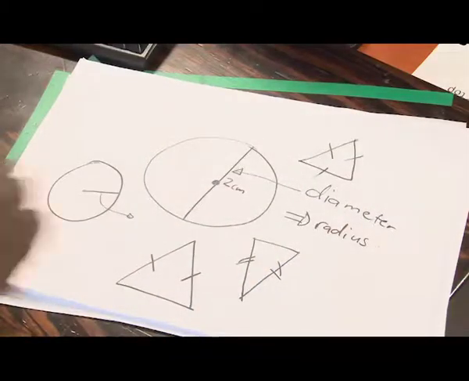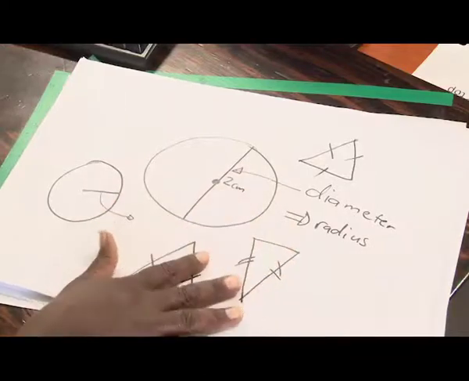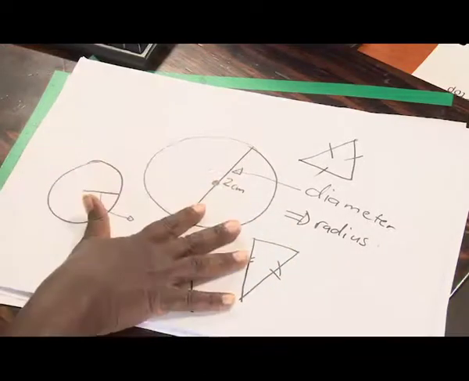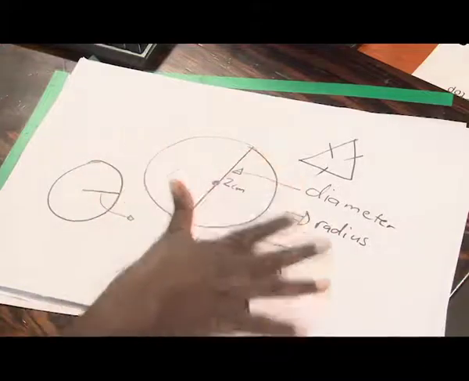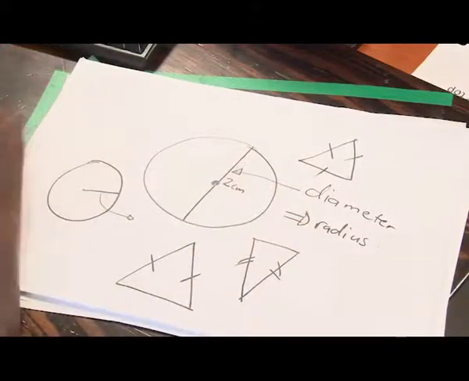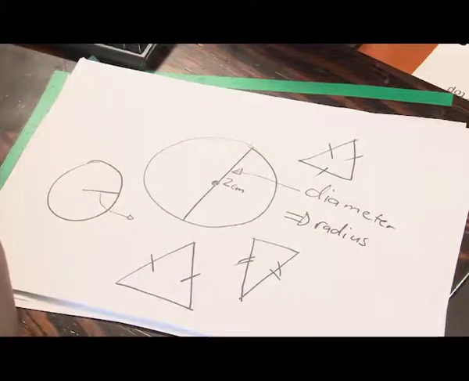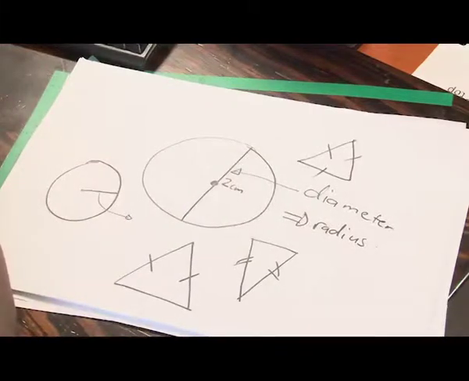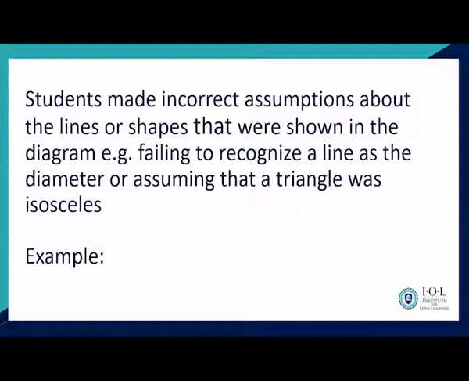You can look at these lines and be able to tell this is this type of triangle. Either it is equilateral, all sides are equal, or all angles are equal, and you'll be able to do the calculations from there. Failing to recognize those lines is very critical,